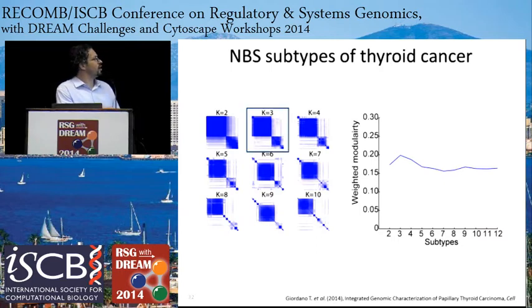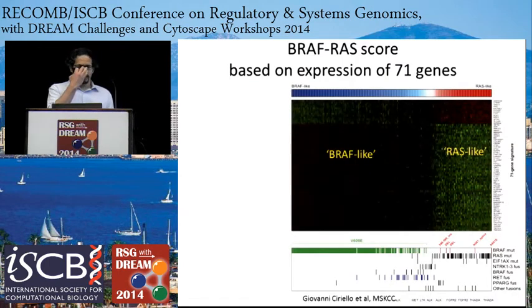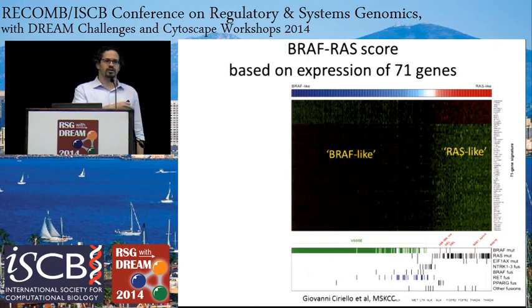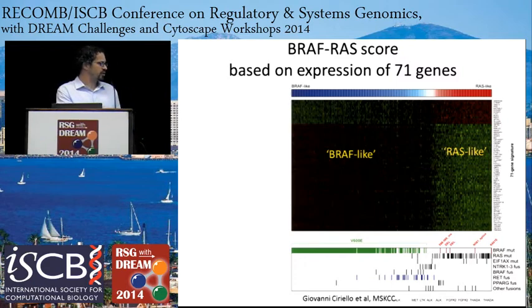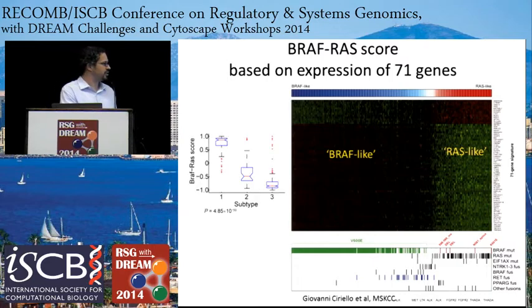We focus on this 3 subtypes result. One of the main findings from the TCGA paper is this distinct difference between BRAF and RAS-like phenotypes in thyroid cancer. Giovanni Cirello from MSKCC defined an expression-based biomarker that predicts whether you're more RAS-like or more BRAF-like. One of the things we were really pleasantly surprised by is that our 3 subtypes track this result nearly perfectly. We find 3 subtypes where the middle subtype is an intermediate that actually tracks this RET